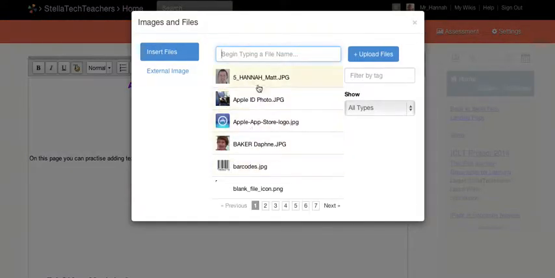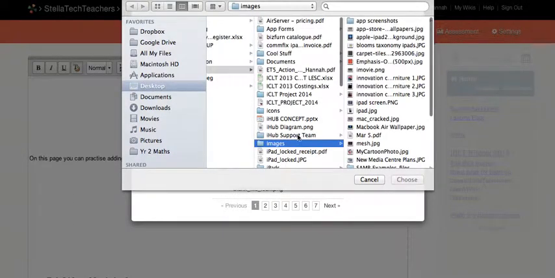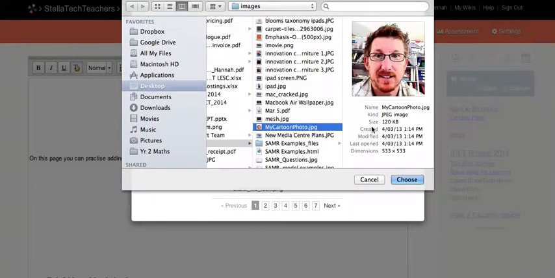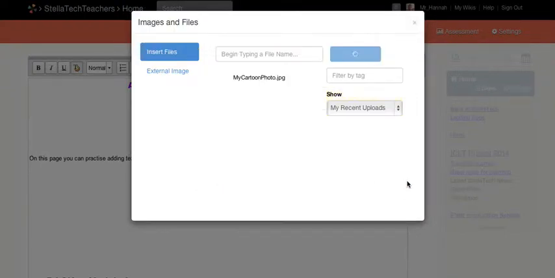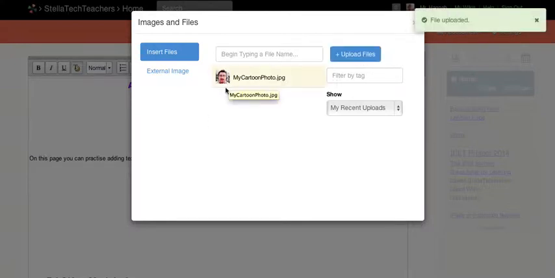Now there are a number of images already on here, but I'm going to show you about putting a new one on. So I press upload files. Again, I get a little Explorer window here. In your case it'll be Explorer, and I can go and find any of my pictures that I would like, and I press choose or yes, and it's now uploading that image to the wiki. So once that stops spinning, I will know that it's ready to go. I'll also get a little bit of a thumbnail just off to the side here. There we go. And now I just simply click on that link there,